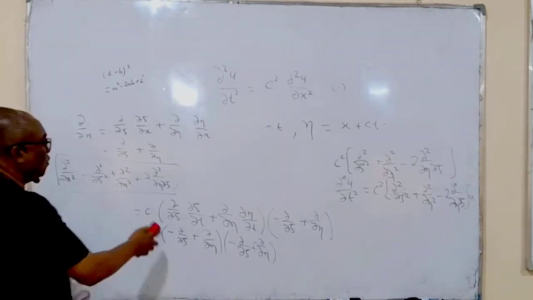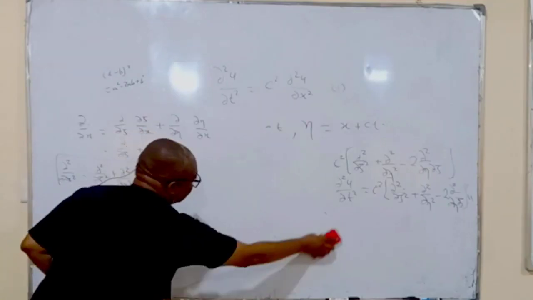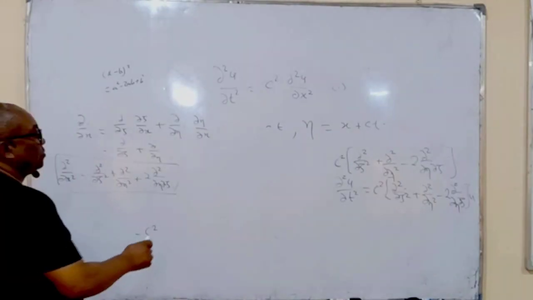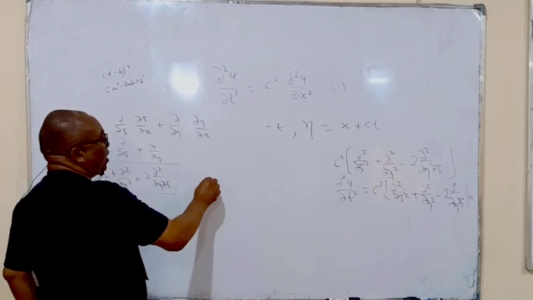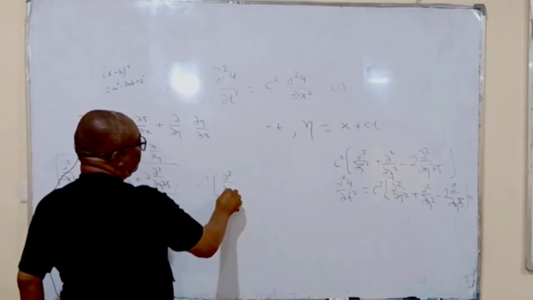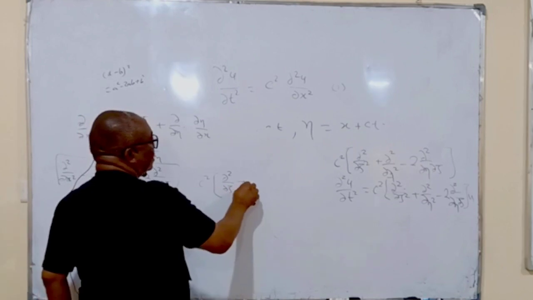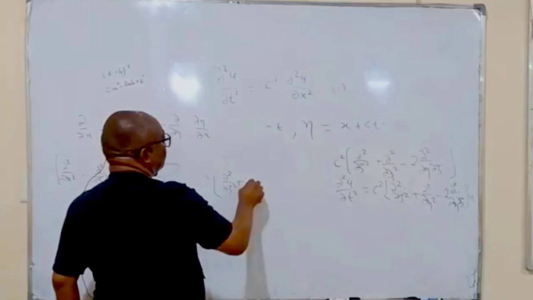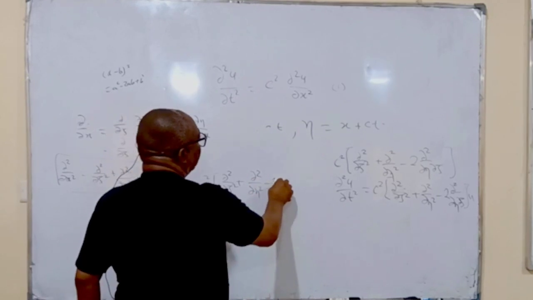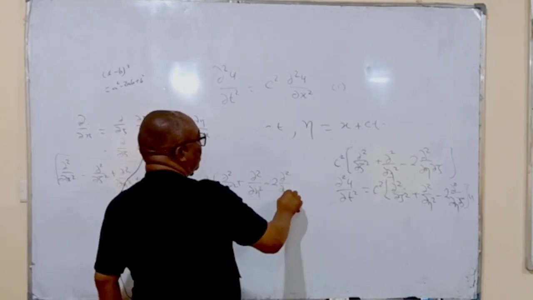So when you combine the left-hand side to the right-hand side, you are going to pick up c squared into partial 2 by partial ξ squared plus partial 2 by partial η squared minus 2 partial 2 by partial